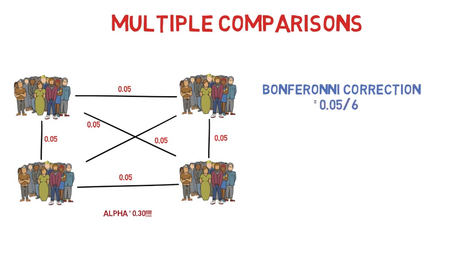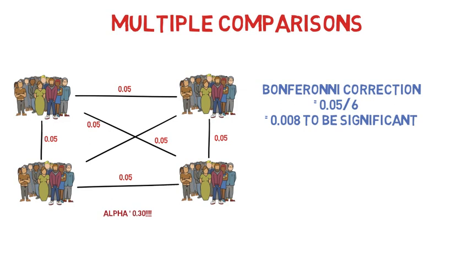You can apply a correction factor, the most common of which is called a Bonferroni's correction, which is where the alpha level is divided by the number of comparisons. So the 0.05 gets divided by 6, and we get a new overall study alpha level of 0.008. And so every individual comparison is then compared to that alpha level in order to be determined whether it's statistically